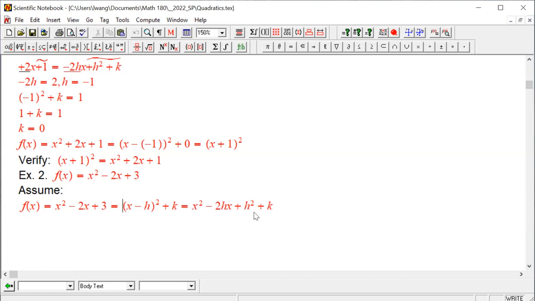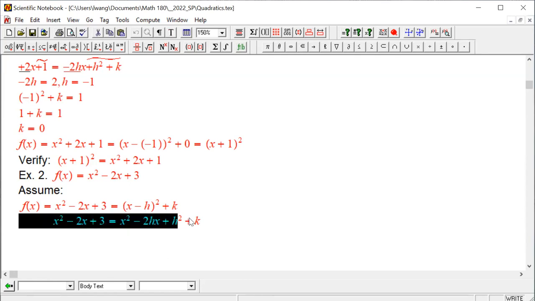Okay, we assume to see if we can find the h, if we can find the k. That is, we're going to try to make these two happen. Okay, you can see x squared and x squared are already equal, so the next step, you just